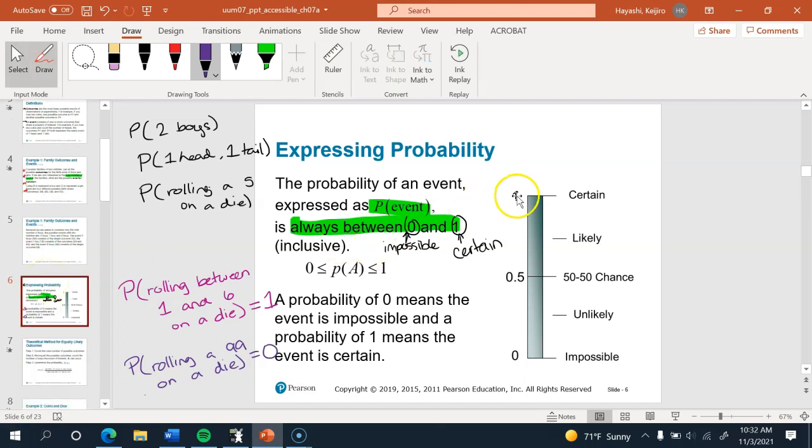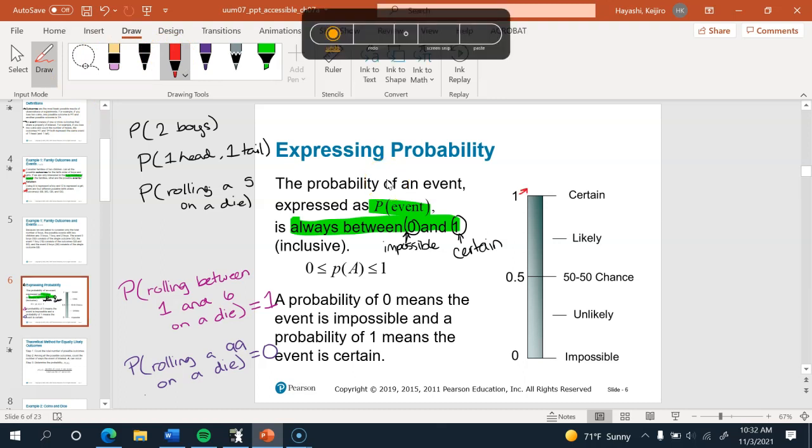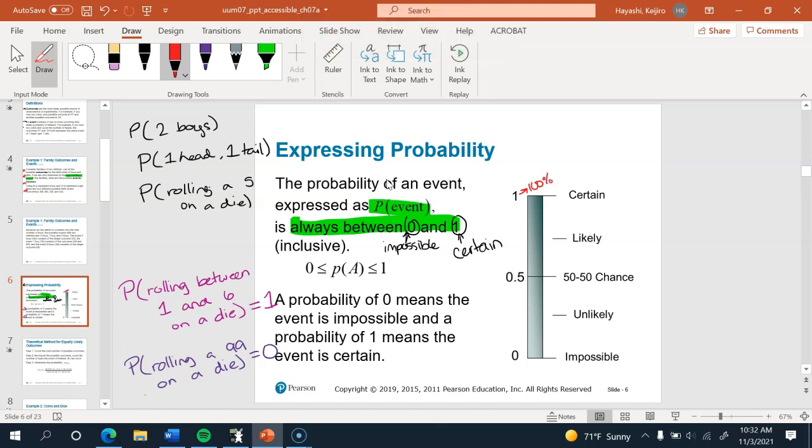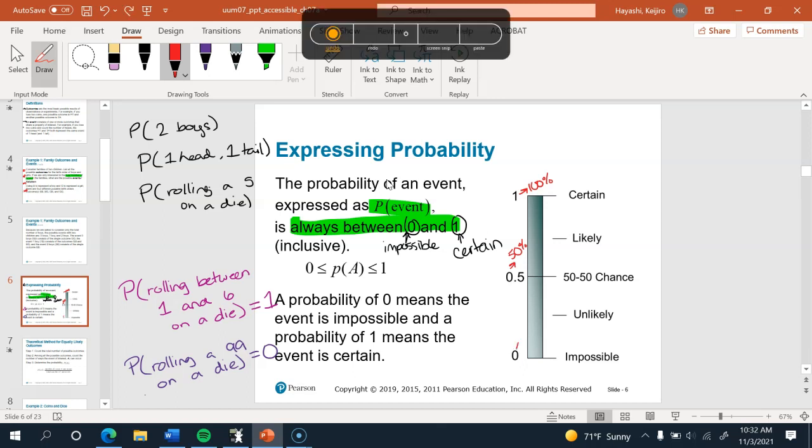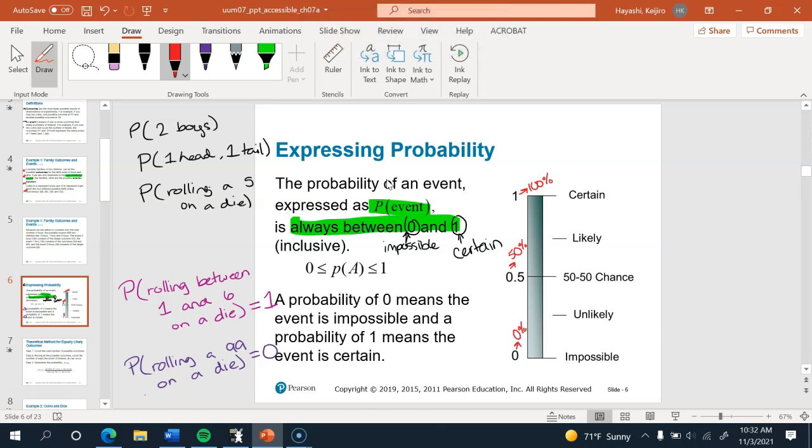And so, in a way, you can think of it like a percentage chance that it's going to happen. I'm sure you guys know by now that 1 corresponds to 100%, right? And in a way, this is a way of measuring how likely something is to happen. If something has a 0.5 chance, that means it's 50% likely to happen, and 50% likely to not. If something has a 0% chance of happening, of course that means it's impossible. So you can think of these probabilities as also being percentages, if that helps you.